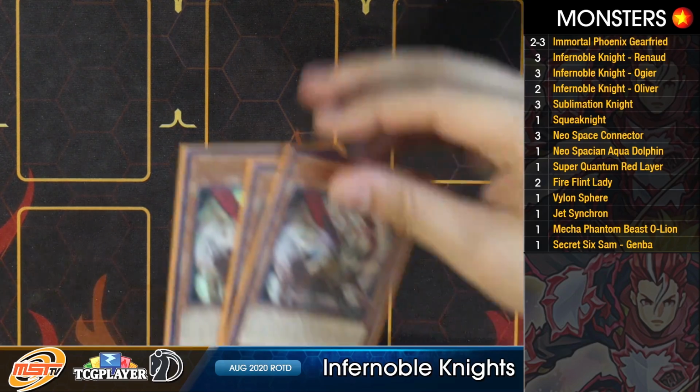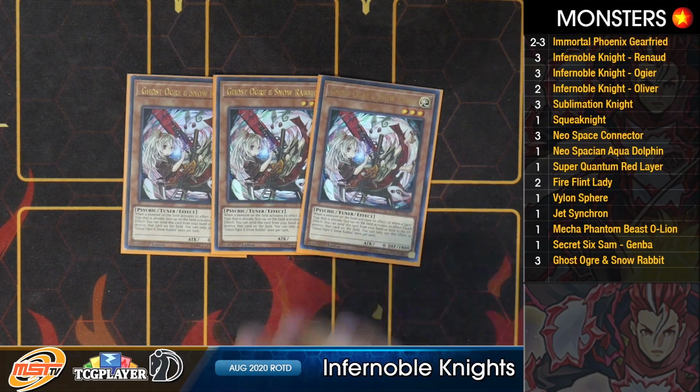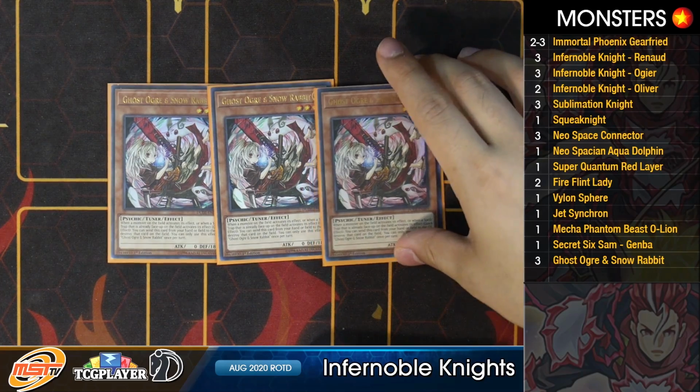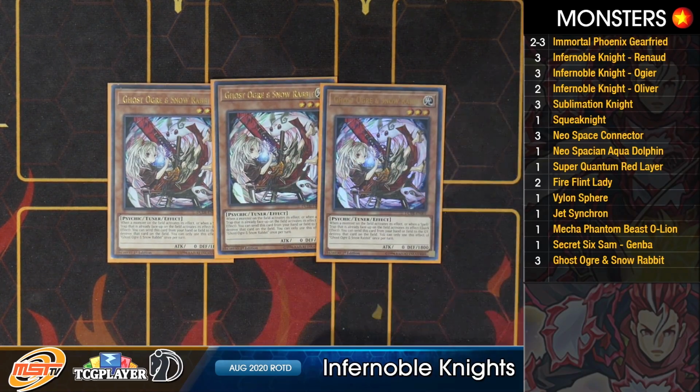As for hand traps, I'm only running 1 pair of hand traps for now, but I do play Impermanent, so technically I have 6. Triple Ghost Ogre. I don't have any issues with most of the other decks, aside from the ones that do lockout, and Numerons is a big problem. So Subterror Numeron and Eldritch Numeron, if they successfully get Zexal out, most of my cards